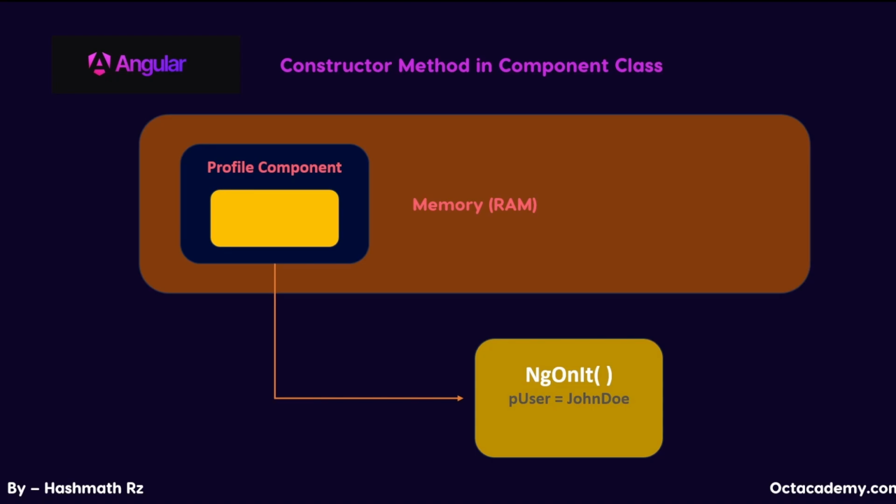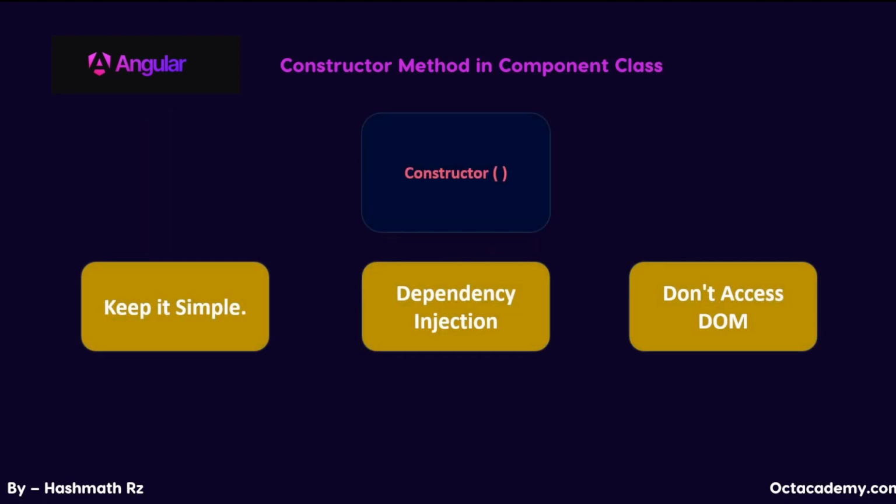So guys, mostly we use the constructor for dependency injection and simple initialization that doesn't depend on input properties. We'll use ngOnInit for more complex initialization, especially those that rely on input properties or fetching data. Okay, so now that we know what constructors are for, let's talk about some best practices for this constructor